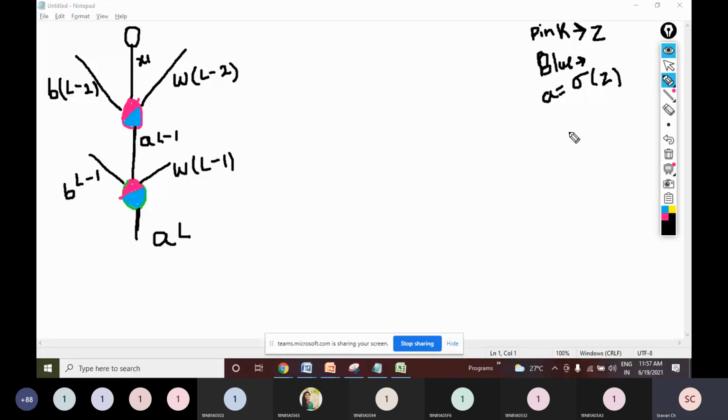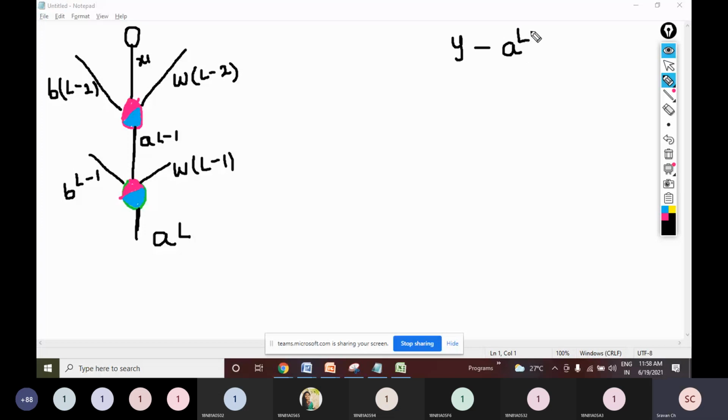Now coming back to the basics. Okay, I got the final output. So what? When there is an output, there will be an error, right? Whenever there is an output, there will be an error. So how do I find the cost function? Mean square error is the cost function. What is the formula for the cost function? Expected output y minus generated output. What is the output generated here?